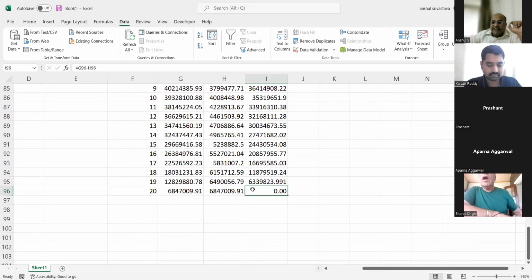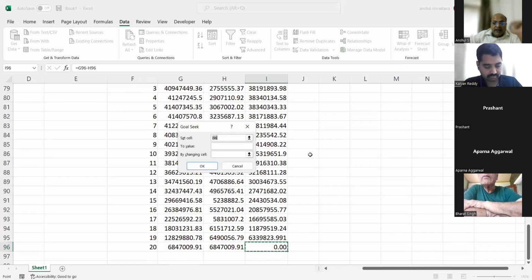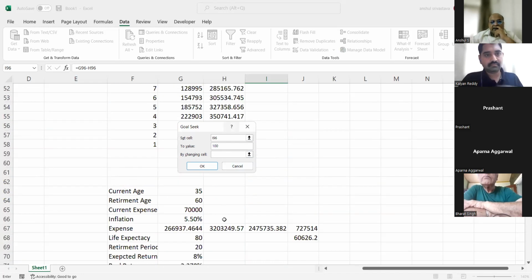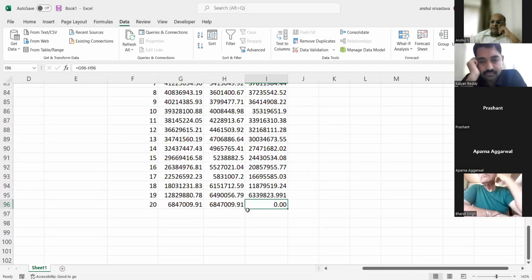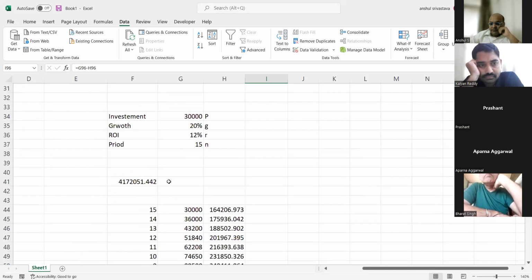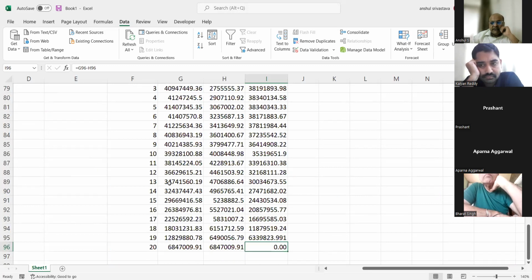और अगर आप गलत सेल का रेफरेंस देंगे तो ऐसा होगा, ठीक है। देखिए क्या होगा। मैं जानबूझ के गलत कर रहा हूँ ये। गोल सीक सेट सेल this to value 0 by changing, और ये to value 100 ऐसे कर देते हैं। अब ये सेल नहीं चेंज कर सकता गोल सीक, क्योंकि ये कनेक्टेड ही नहीं। देखिए क्या होगा, सेल मस्ट कंटेन अ वैल्यू। फॉर्मूला को तो लेता ही नहीं है वो सेल, ठीक है। फारूक, आई हैव ऑलरेडी एक्सप्लेन डेटा टेबल, आई विल डू इट वंस मोर फॉर यू। अभी करते हैं फारूक।